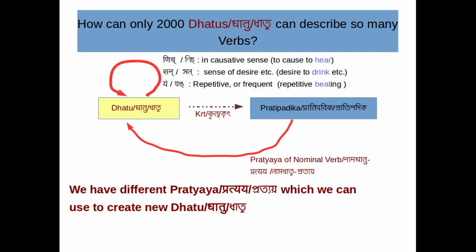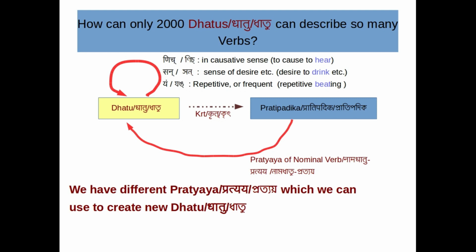In that sense, we can apply yang pratyaya on a dhatu to derive a new dhatu having a meaning of repetitiveness. So, we have different pratyayas which we can use to create new dhatus from either already developed dhatus or